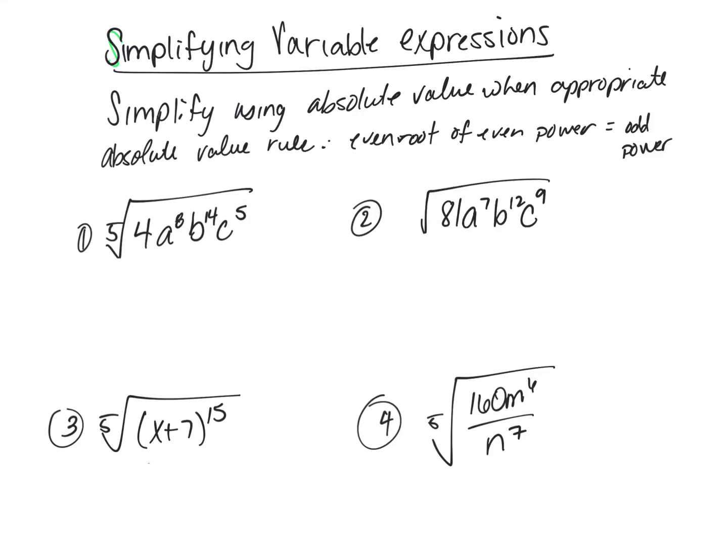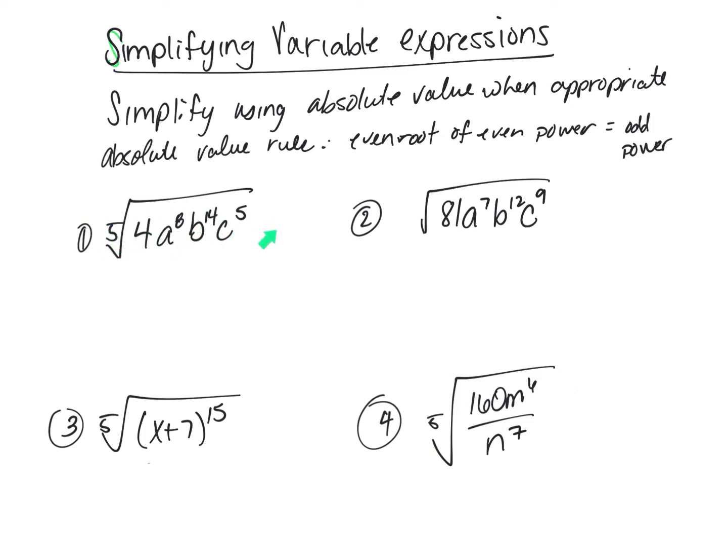All right, so we're going to simplify variable expressions. We are going to use absolute value when appropriate. The absolute value rule says we need the absolute value when I have an even root of an even power and the answer ends up as an odd power. I need the absolute value because the even power is going to make it positive, so it will never actually come out negative. So we're going to simplify the fifth root of 4a to the 8th, b to the 14th,